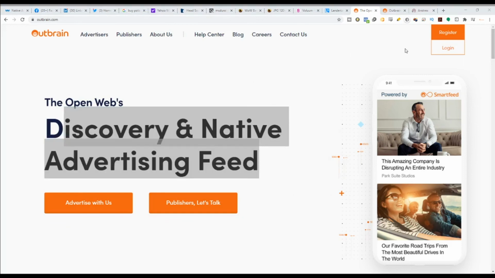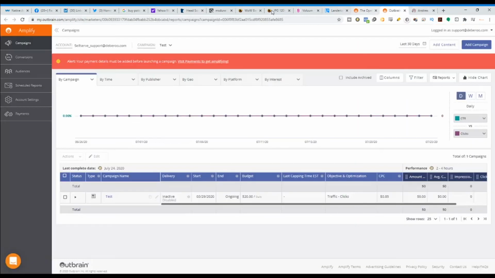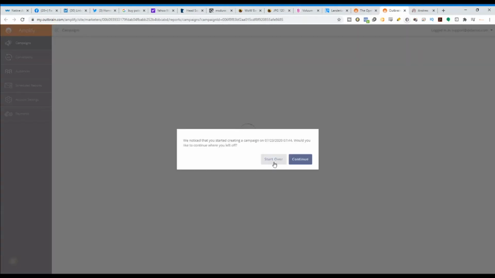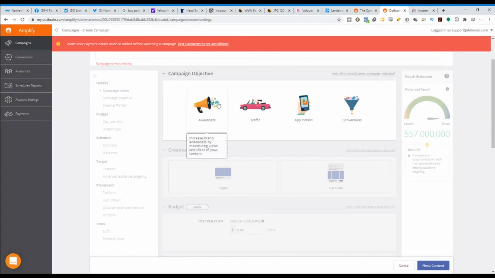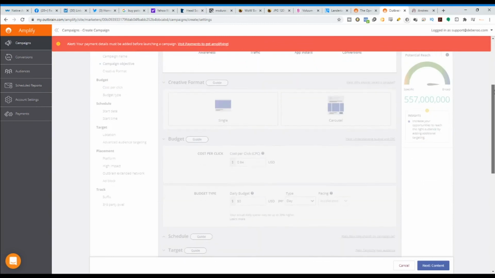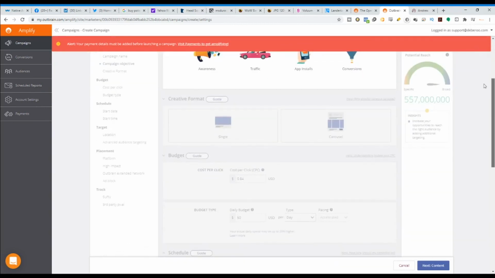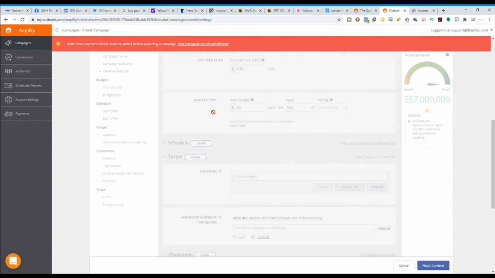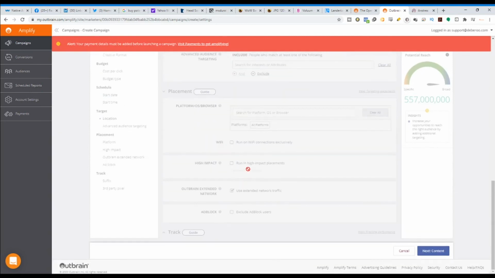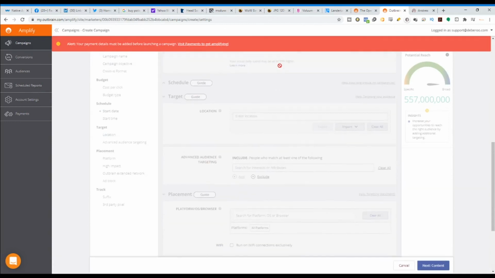So it works in a very easy way, guys. You just have to register, log in, and then add a campaign and start building the whole campaign, just like how we do with push, just like how you build Facebook ads and Google ads and push ads, same thing. You're going to build it, put some nice ads, put some nice creative. This is what I told you just now. If you realize, I told you that you need some copywriting, right? Because